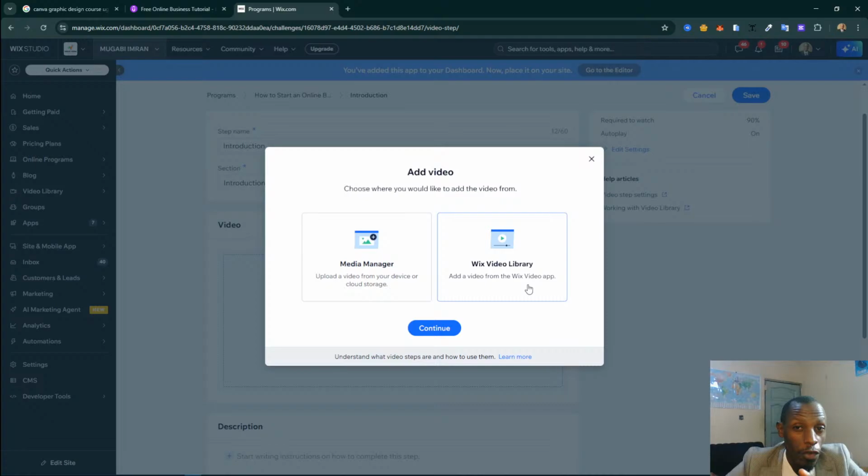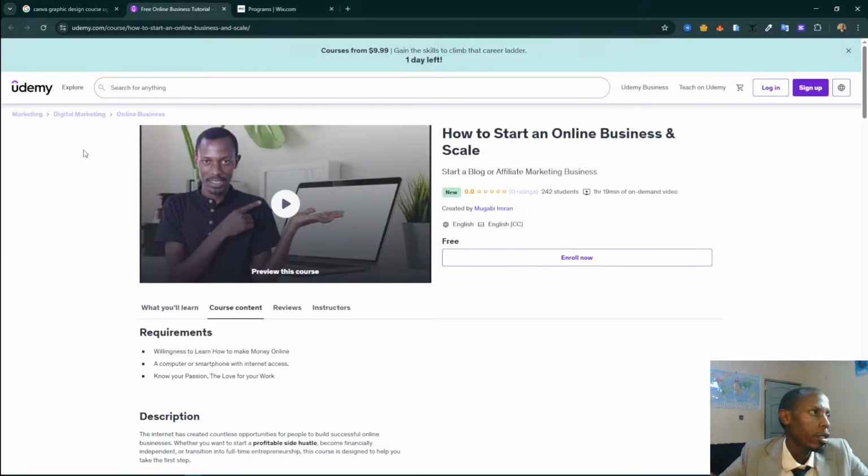That will bring up the app and you can install it, and that way you'll be able to add videos using links from YouTube or maybe from Vimeo. You can even add from cloud storage like Google Drive and so on. These are some of the videos that I added from YouTube. This makes it easier for me to add this course right here. But since I haven't yet added the videos on YouTube, I didn't add this course on YouTube. It's exclusively right here on the Udemy platform, and you are going to have it exclusively on the website